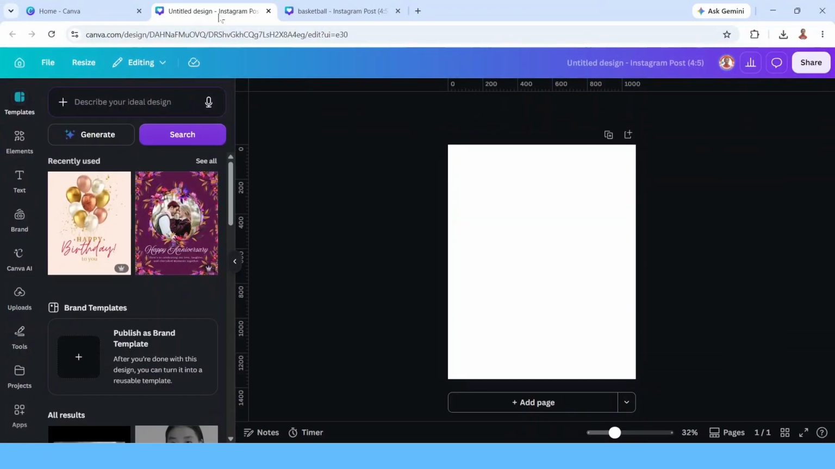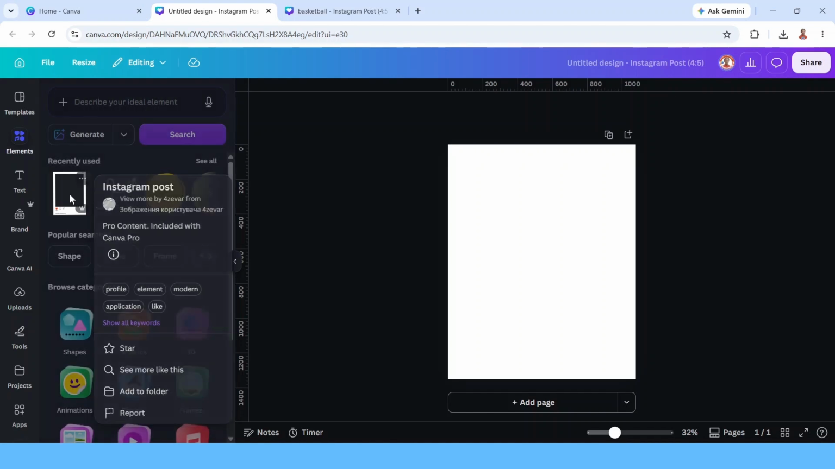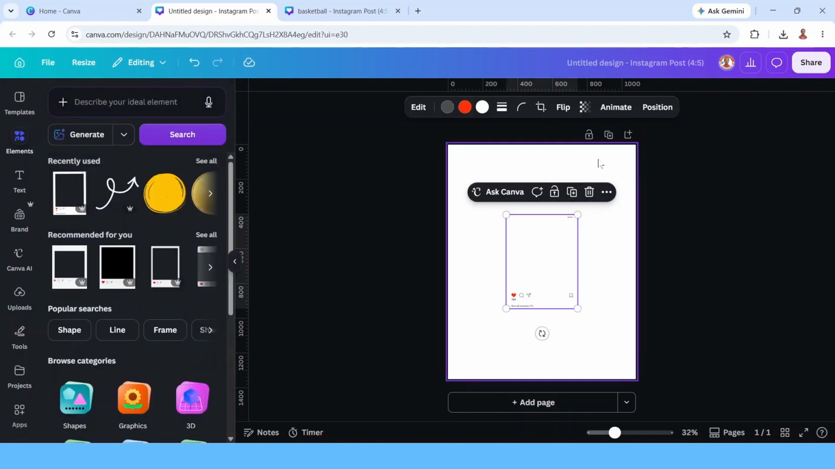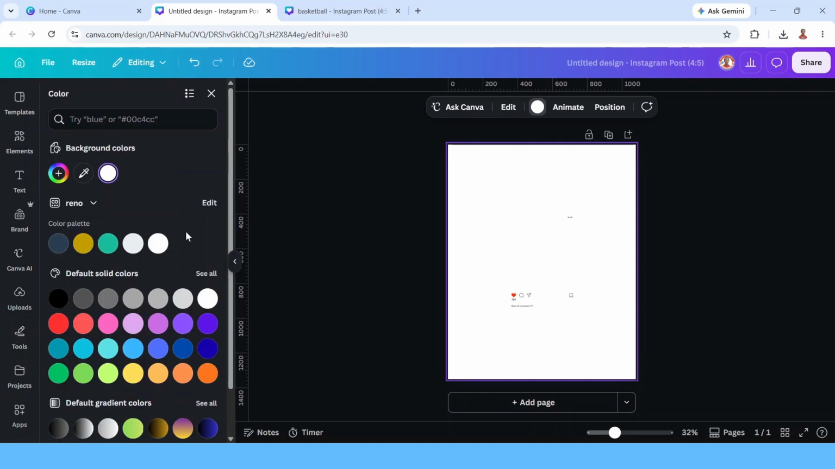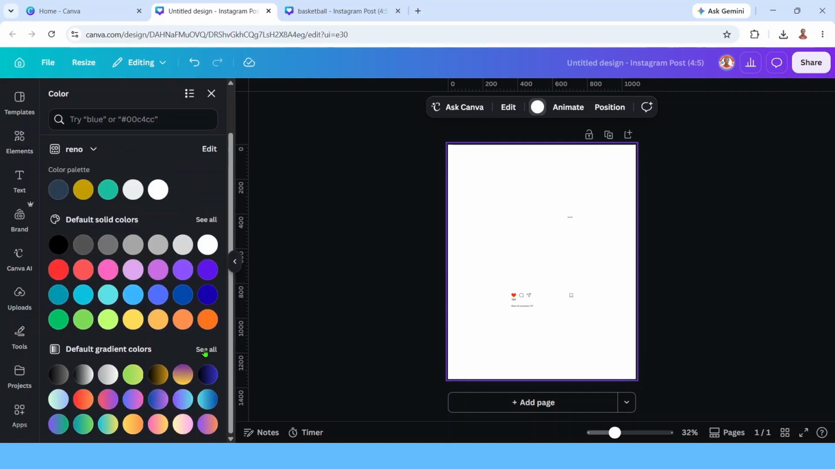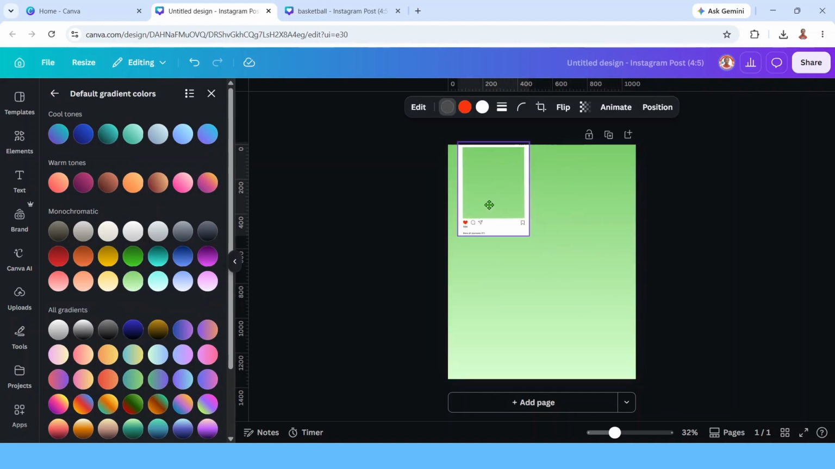Open Canva and choose your social media post size, and then go to Elements and add this Instagram post element. To make it easier to see, I will change the color of the background to the color of the theme, for example, this gradient of white and green. I want to download it, so I will increase the size,